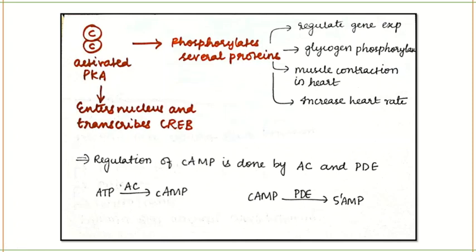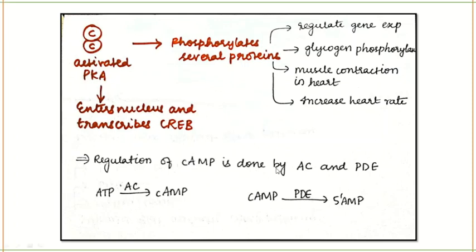So if this cyclic AMP pathway is on, there should be an off also for this pathway, right? That is how the function could be regulated. There should be regulation of cyclic AMP because cyclic AMP cannot be always on. It has to be turned off after the function or the signaling pathway has been completed.